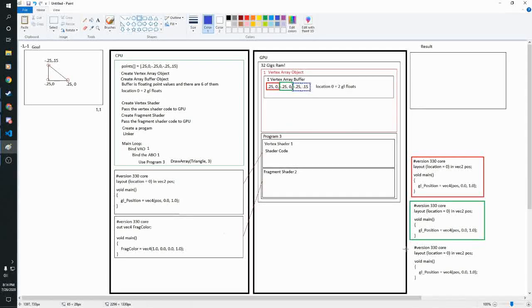gets these 2 points. And what's going to happen is, so this vector of 2, POS, is going to be equal to... and my paint skills are not what they need to be. Anyway, so POS is going to be 0.25 comma 0 for this one. POS is going to be minus 0.25, 0 for this one, and POS is going to be minus 0.25, 0.15 for this